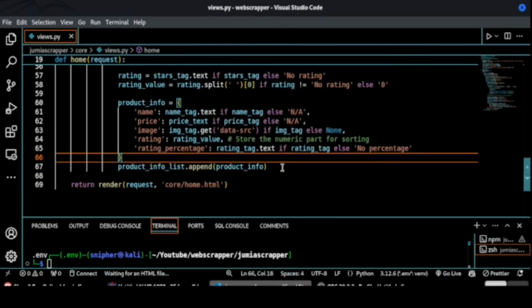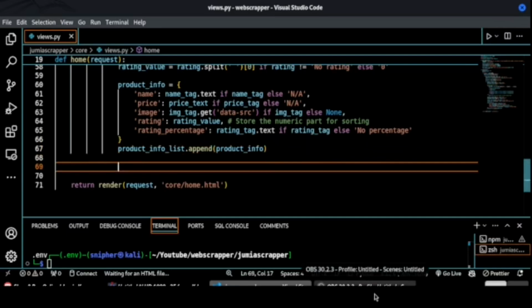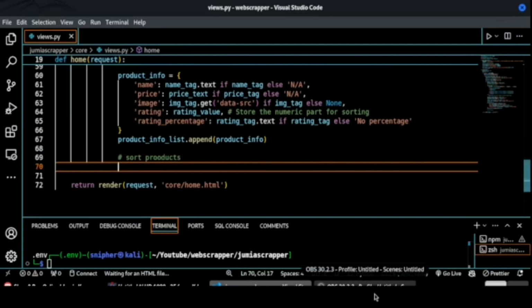From there, let us sort all these products. Let us now sort all these products. So we say sort products. We want to sort this product. So we say sort by